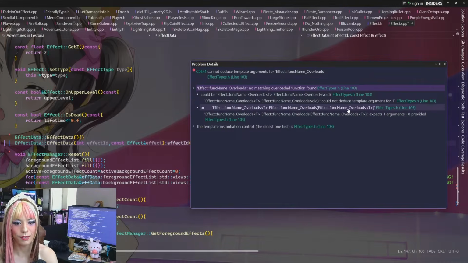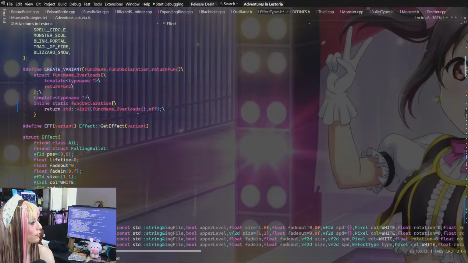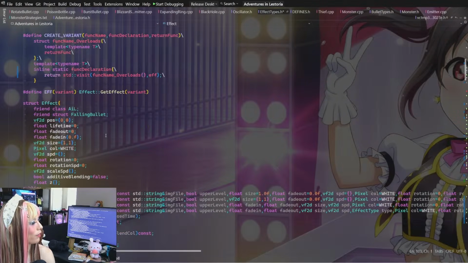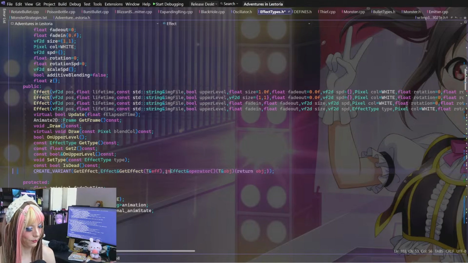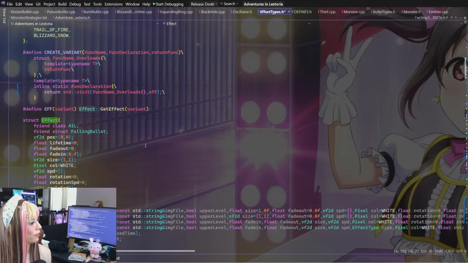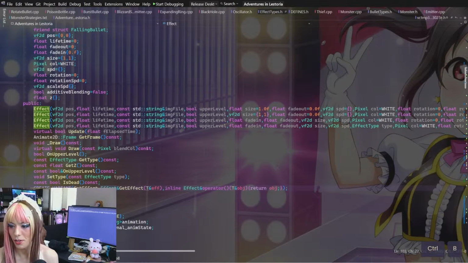It generated, I guess, well, it doesn't look like it really generated either. Do I just inline this other one? Let me try that.